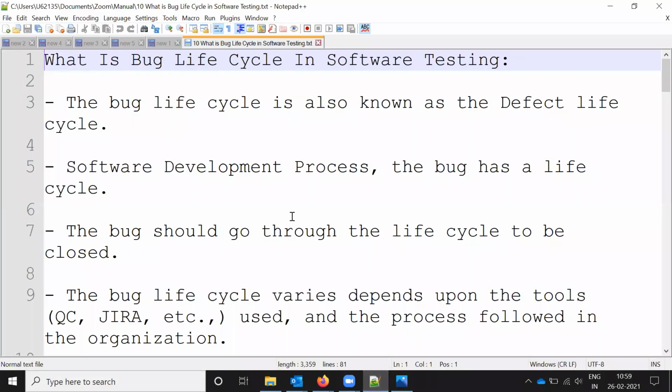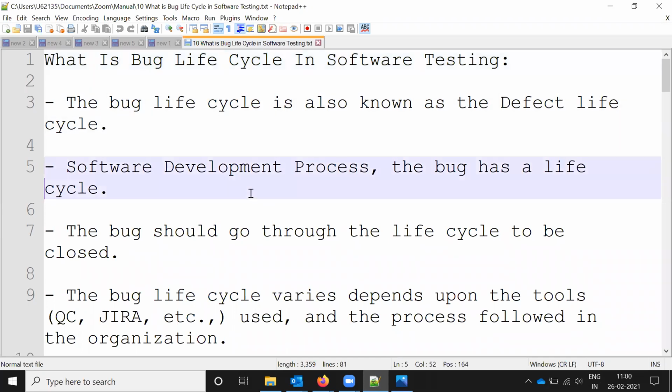What is a defect basically? The defect life cycle is also known as the bug life cycle in the software development process. Whenever we are testing a product or application and we find a defect, that is one kind of thing that needs fixing, and that particular defect has a cycle.